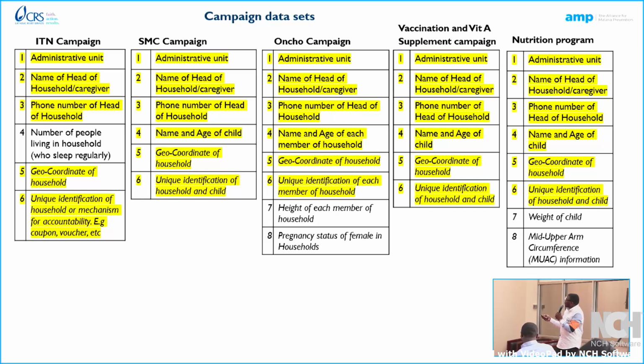So now you see that if we have an ITN registry where we change number 4 to receive the name and the age of everyone in the household, we can easily reuse that through all the health campaigns in malaria, ITN and SMC. Outside of malaria, we can use it in NTDs. Outside of NTDs, we can use it in vaccination. Outside of health, we can use it in what? In nutrition programs. Does this make sense?